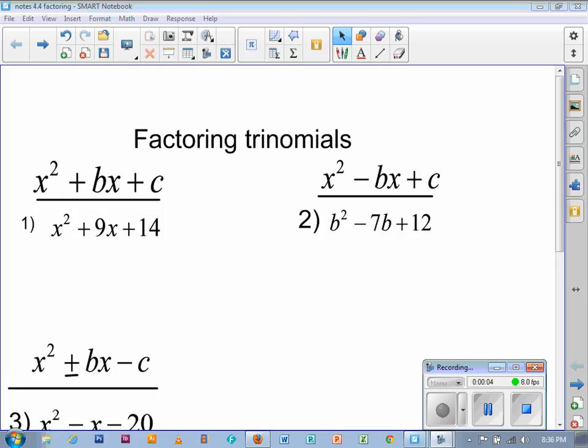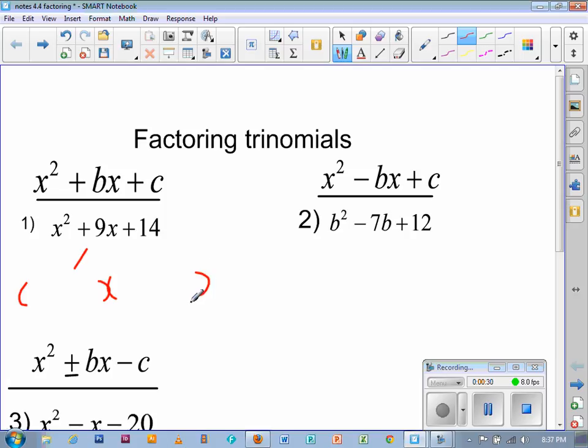We're continuing our lesson on factoring. In this case, we're going to be concentrating our efforts on factoring trinomials. If you check out your notes, lesson number 1, you see a trinomial that's listed, x squared plus 9x plus 14. It takes the general form of x squared plus bx plus c. Our goal again here is to break this down into two